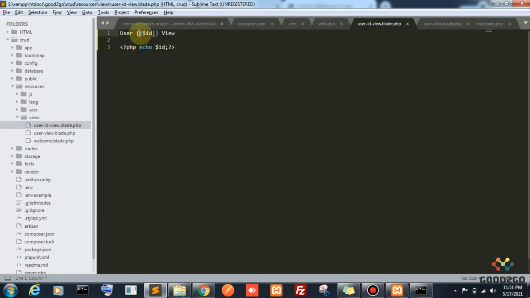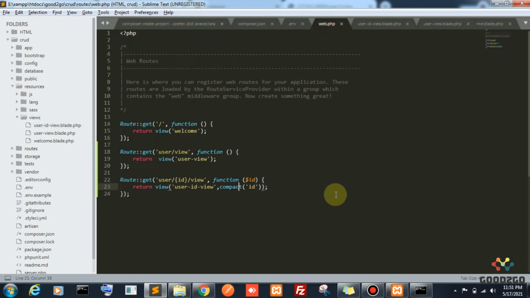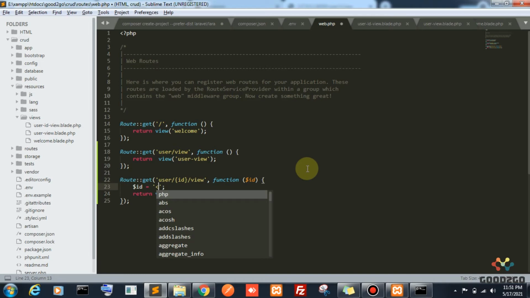Why is Laravel using this double curly braces for echo instead of PHP echo? Okay, let me give a small sample of this. There are HTML injections in all server side languages. HTML injection is where hackers enter some HTML code inside the front end.